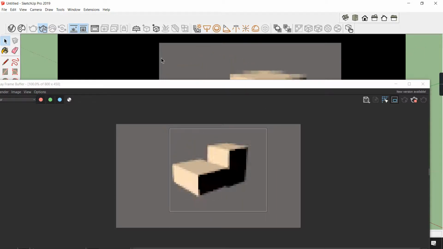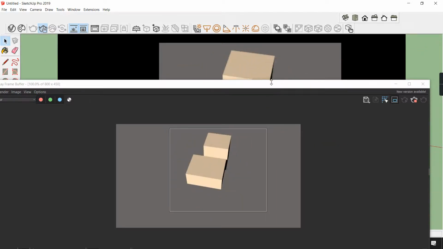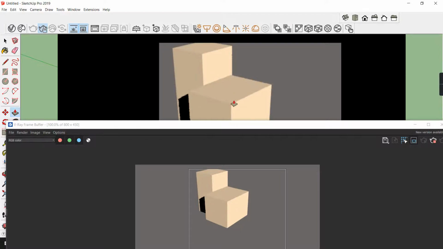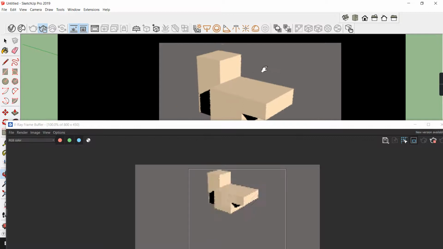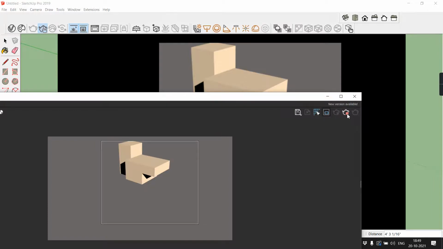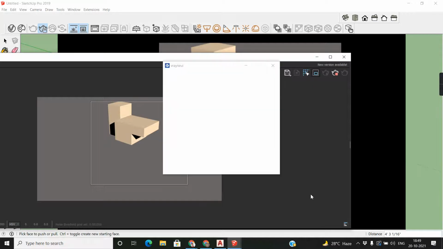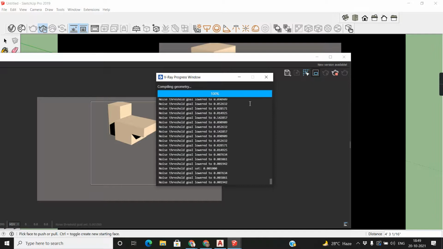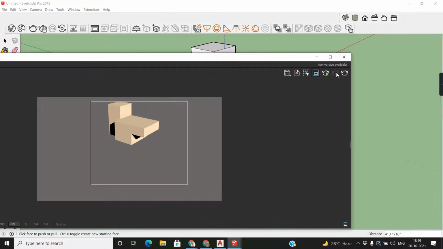Okay, click and drag. See, if it's taking time, don't be worried. It may be related to your system configuration. Okay, if you want to stop the render, or you want to check, click here. See, V-Ray render progress. When it's 100%, the render will be done. If I stop, okay. So this is just interactive.